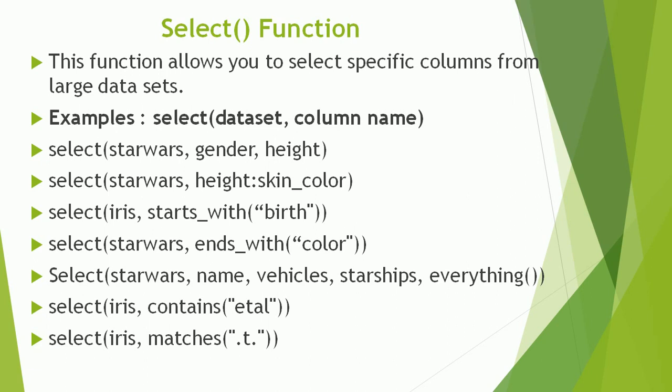Next, there is also a possibility that you might select the columns by giving them the starting word or the ending word, like starts_with, so it is starts_with birth. So all the variables, all the columns which have a starting name of birth, all those particular columns would be extracted. In the same way, if you want to select only those columns which have a specific end, like over here you have data which has skin color, hair color. That means if I want to select those particular columns only, in that case we can make use of the ends_with option.